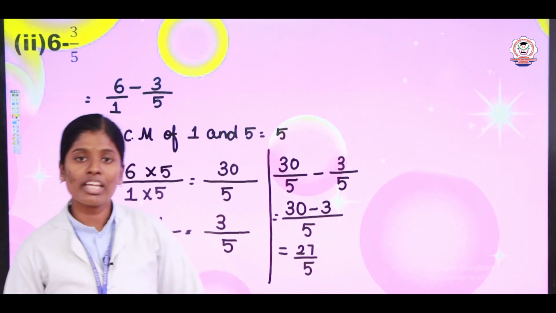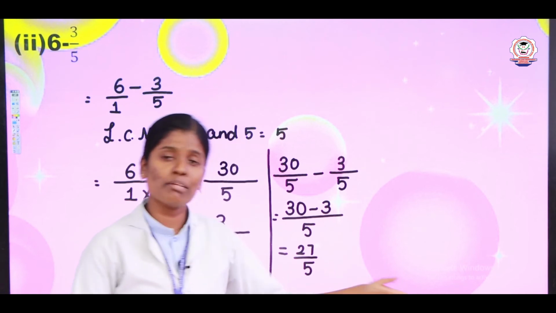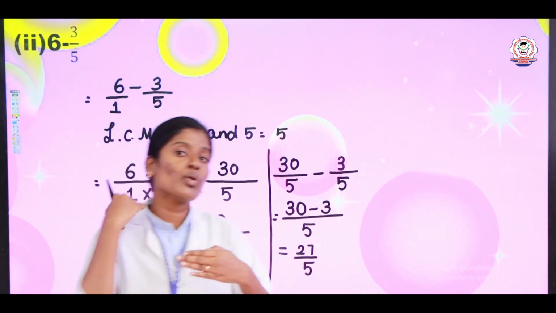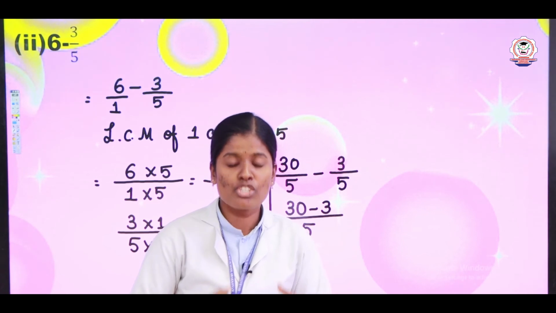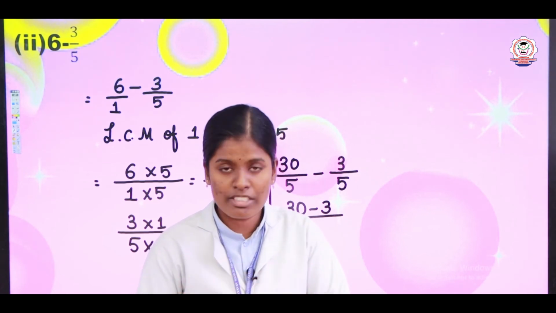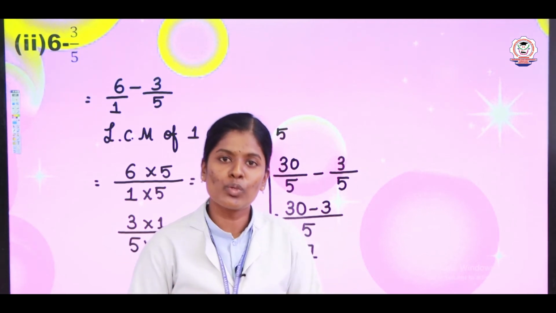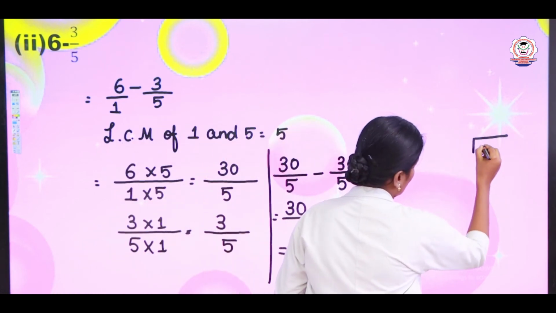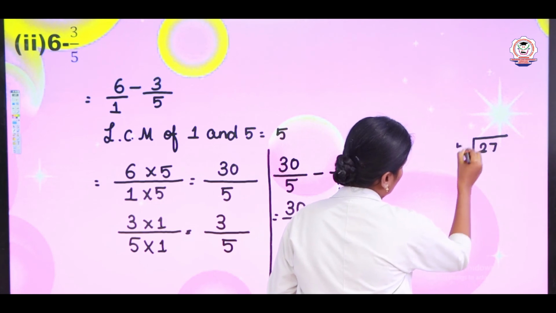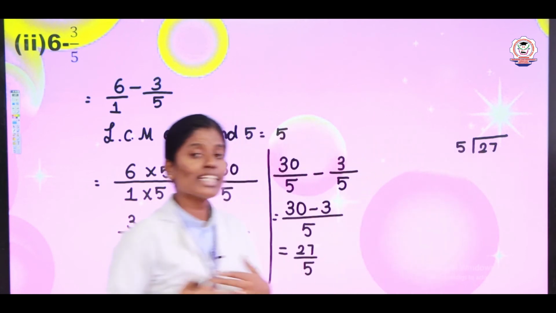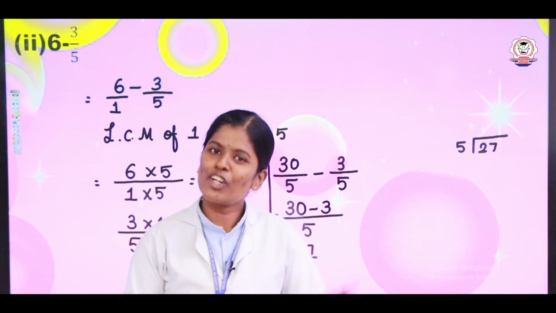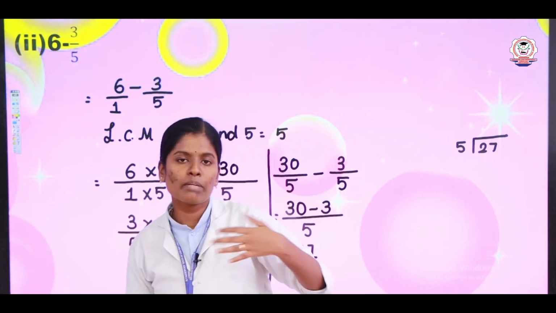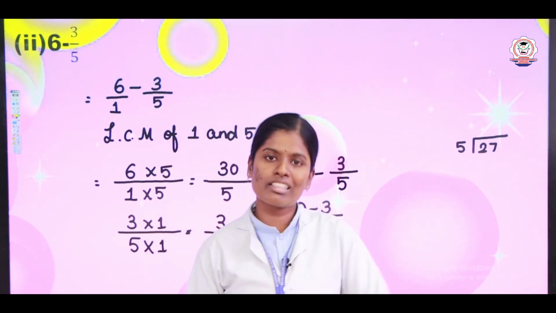So this is called the improper fraction. Now we are going to convert this improper fraction into a mixed fraction. While converting an improper fraction to a mixed fraction, you are going to do the division. Take 27 divided by 5. Now tell me Kiran, 5 table have 27? No, it is not possible. Why? Because in the 5 table we have 25 and then 30, right?